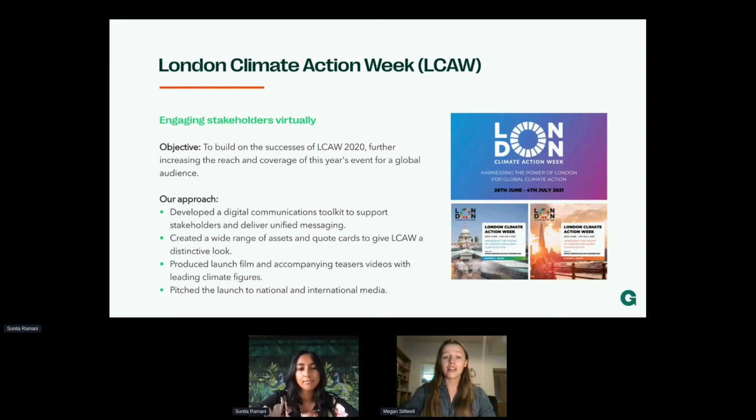And it's actually the largest independent climate change event in Europe. Our objective for this campaign was to engage key stakeholders virtually and build on the success of last year's London Climate Action Week event, as well as trying to reach a more international audience.